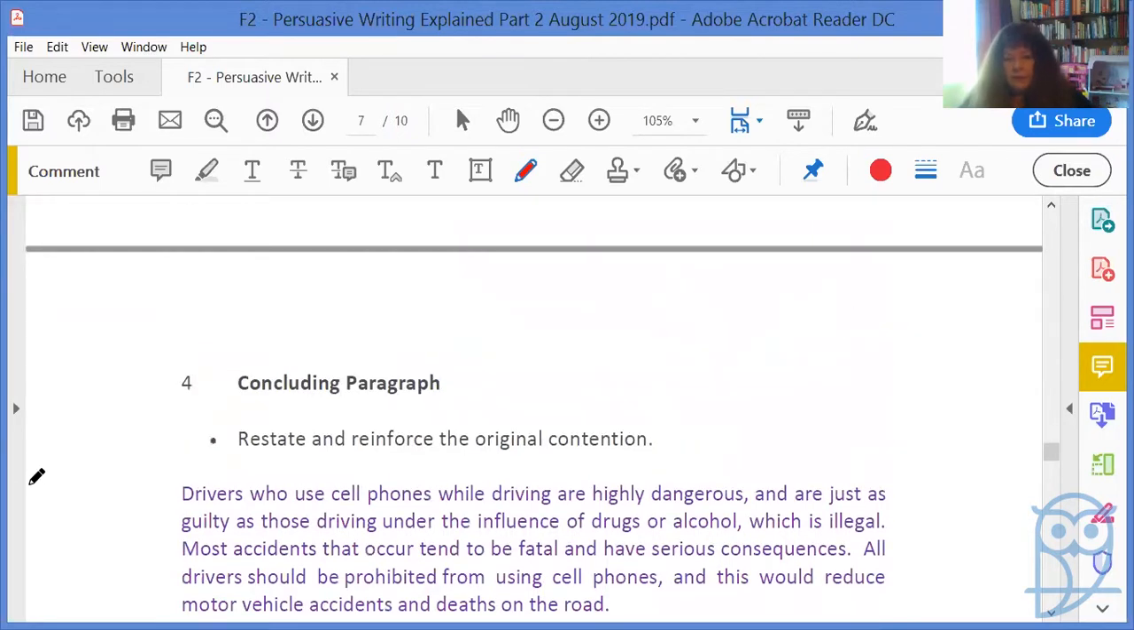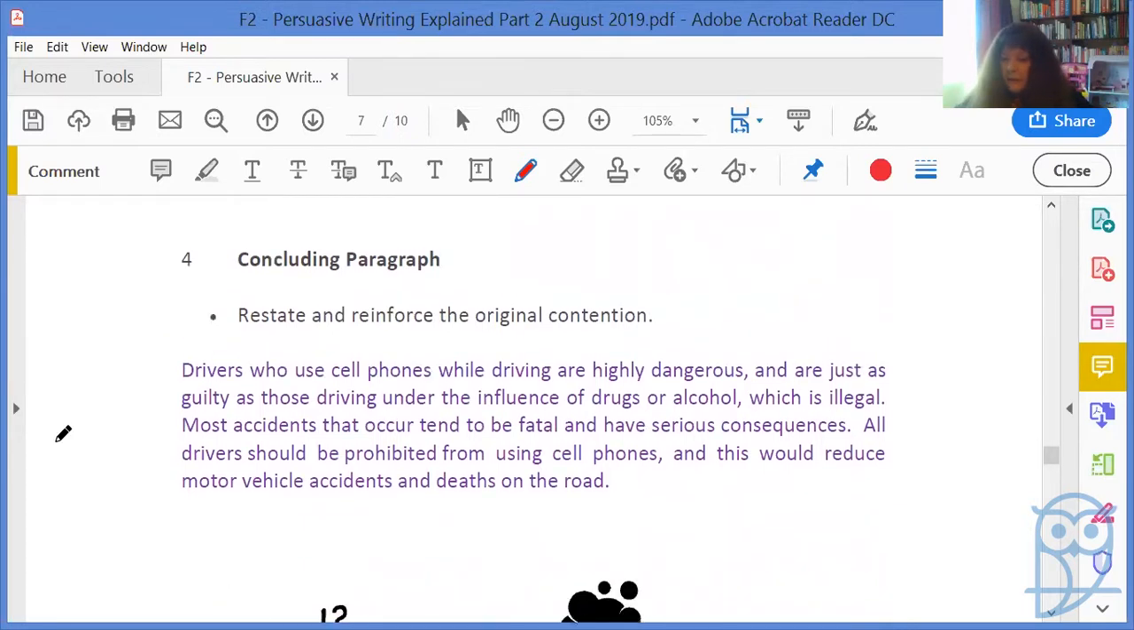Then finally, our conclusion, where you restate and reinforce your original contention. Drivers who use cell phones while driving are highly dangerous and are just as guilty as those driving under the influence of drugs or alcohol, which of course is illegal. Most accidents that occur tend to be fatal and have serious consequences, particularly if people are going to end up in a wheelchair or what have you, or brain damaged. That's very serious. All drivers should be prohibited from using cell phones, and this would reduce motor vehicle accidents and